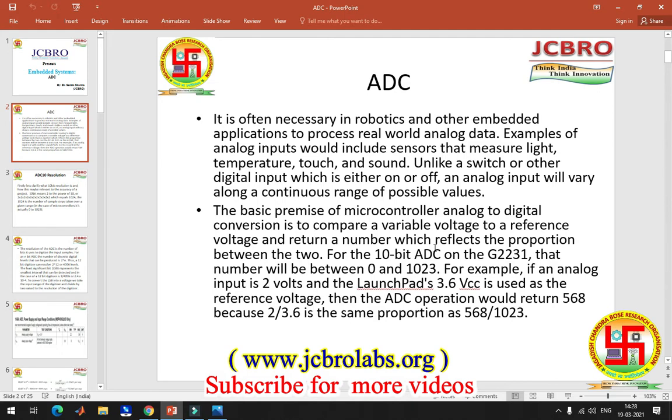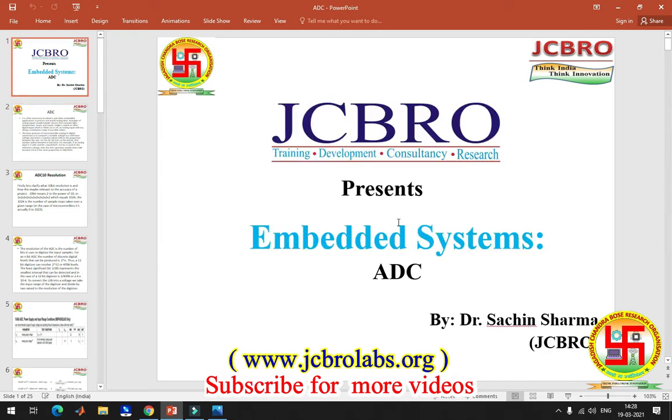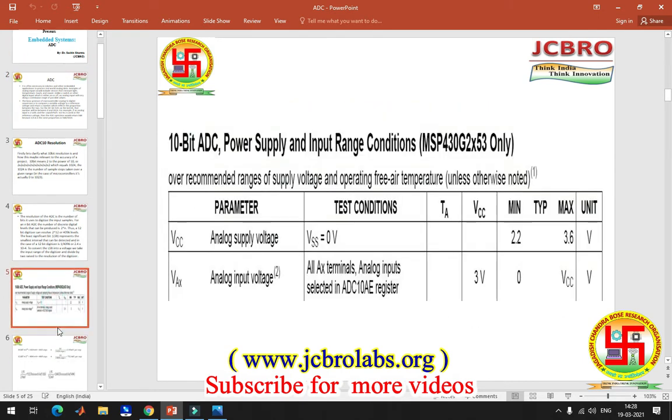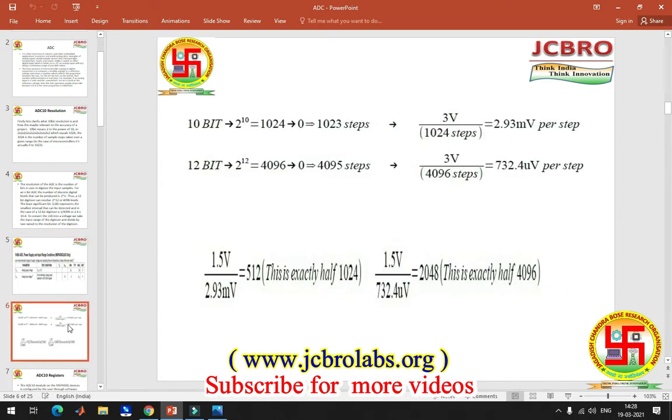In this ADC we use a 12 bit ADC, so it will count 2 to the power 12, which is 4096, which means 4095 steps.